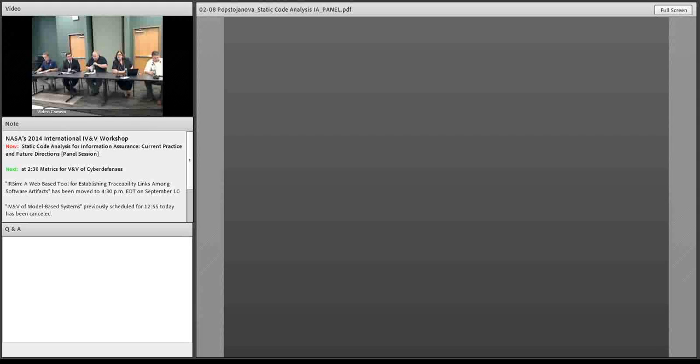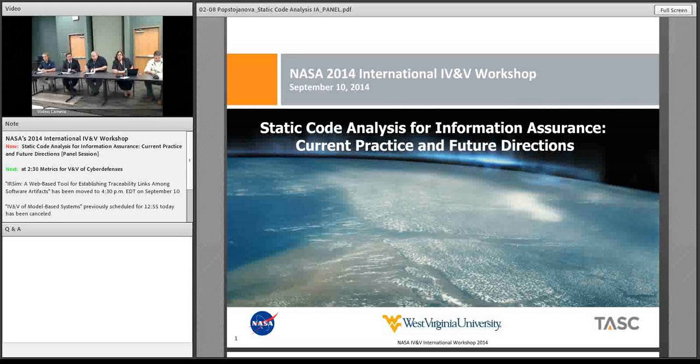Code analysis for IV&V. And recently, because of the focus on cybersecurity and information assurance, it's also becoming IV&V for information assurance, as well as how static code analysis tools can be utilized to detect vulnerabilities in the code and make the systems more secure in the first place. And having in mind that NASA builds and maintains many systems where cybersecurity is of interest,